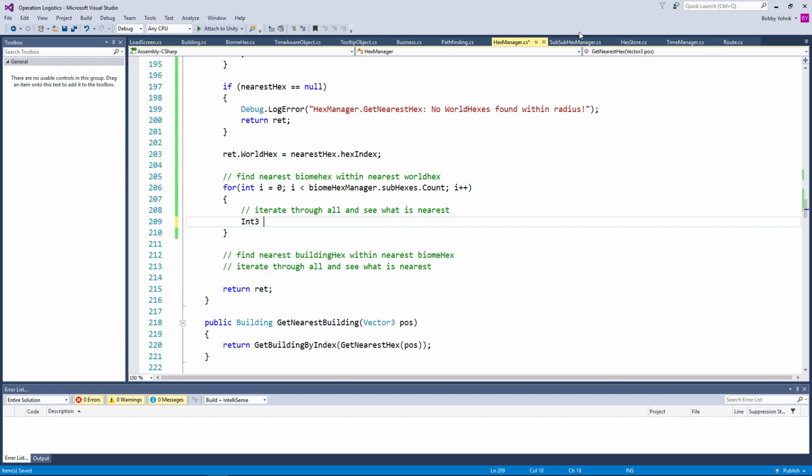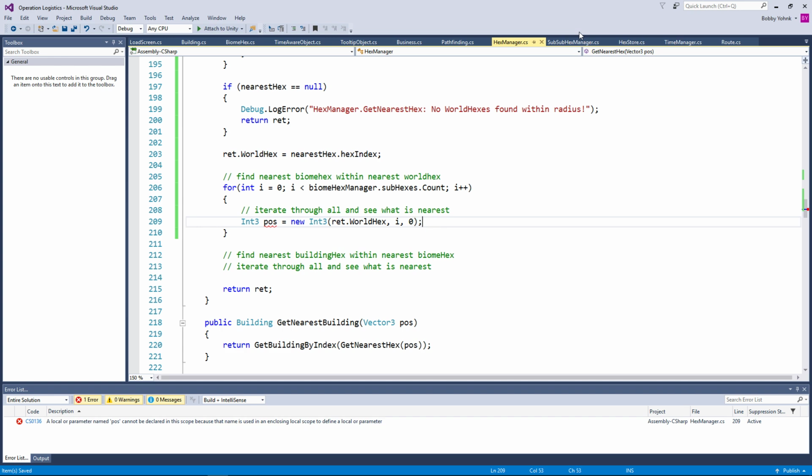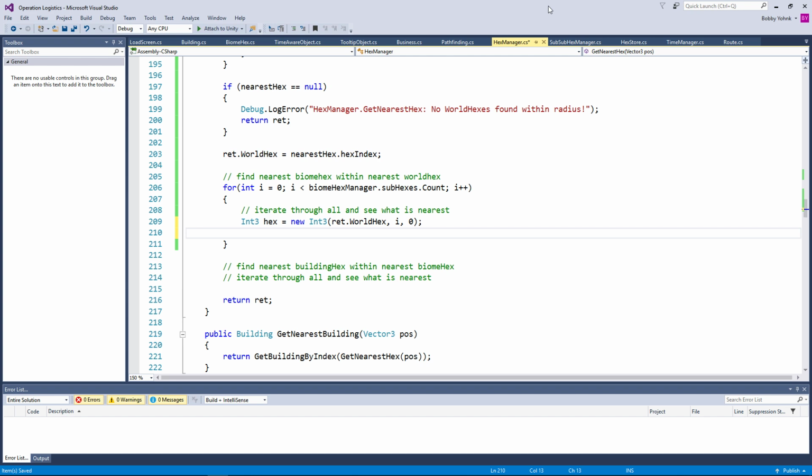So we want int3 position equals new int3, and we are going to pass in ret.worldHex, I, and 0. We actually don't care about the building hex. Oh, we already have a position here. int3 hex equals this. Okay, so we're going to iterate through all of this and see what is the nearest. So we get that, and then if